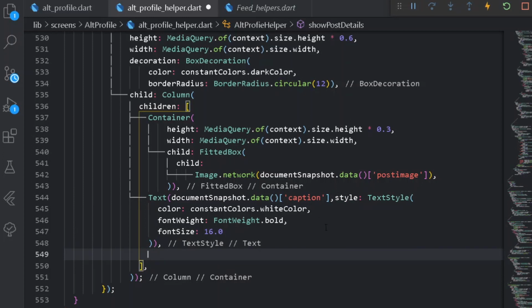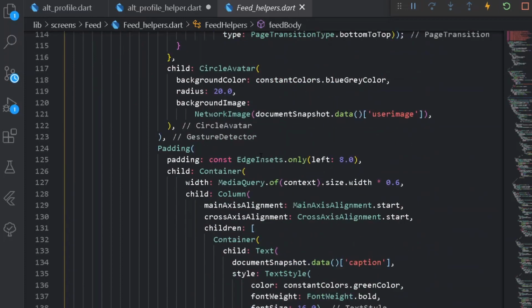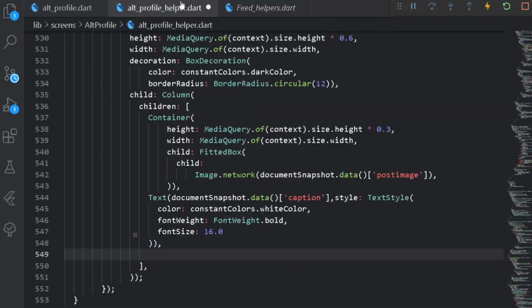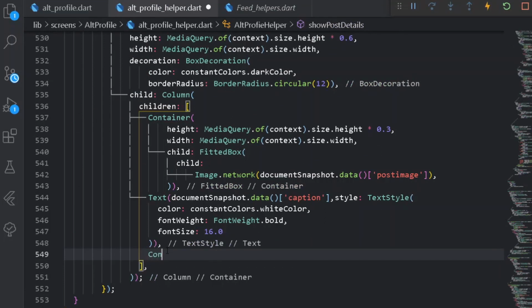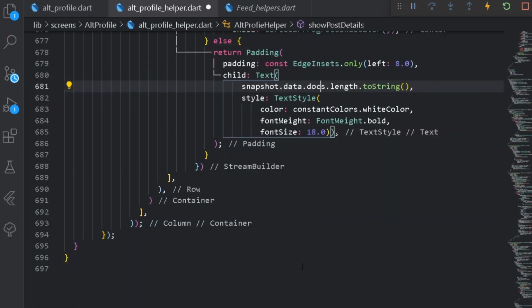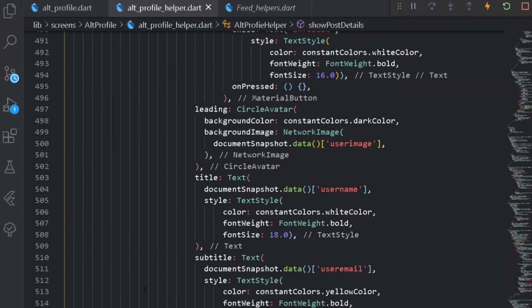After the styling, we shall require all of the particular post options, that is a row of like button, comment button, and also reward. So for that, let's move under feed helpers, and here under load post we can come down. We can simply copy the entire row and paste it here. But here let's have a container. Under the following container, let's have a child to the particular row. Alright, format document once.